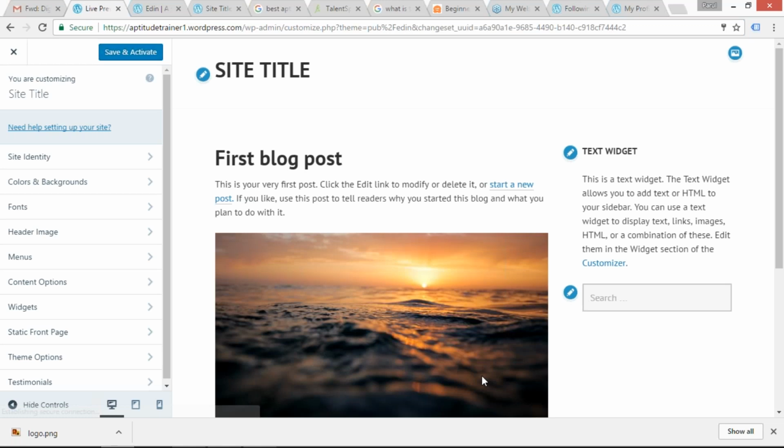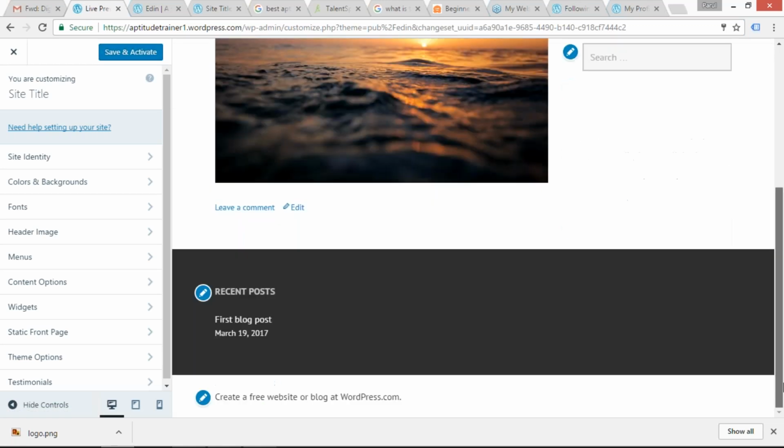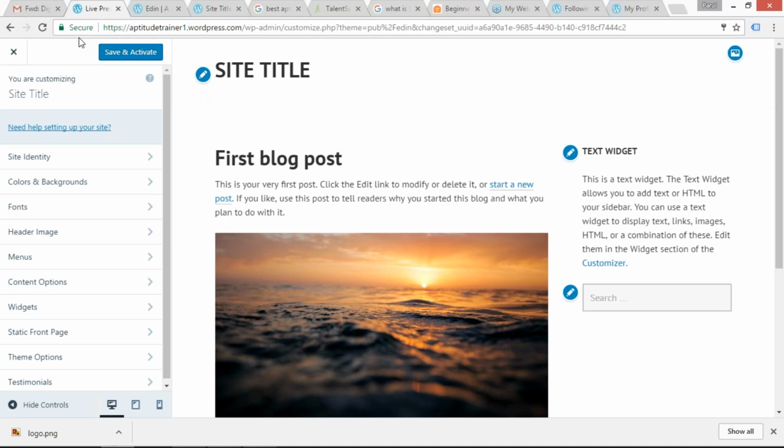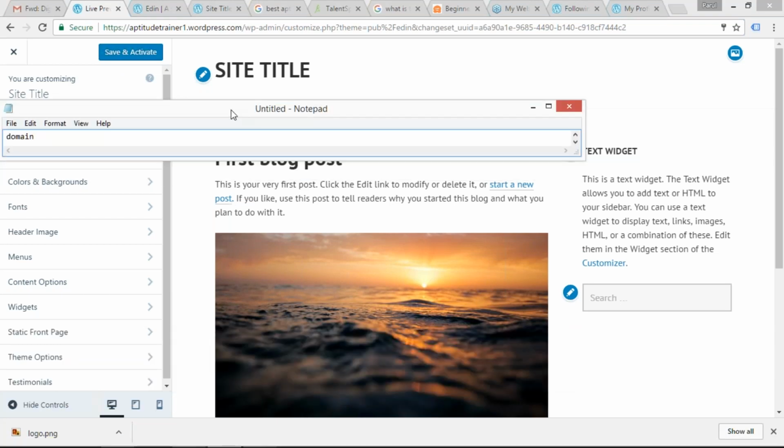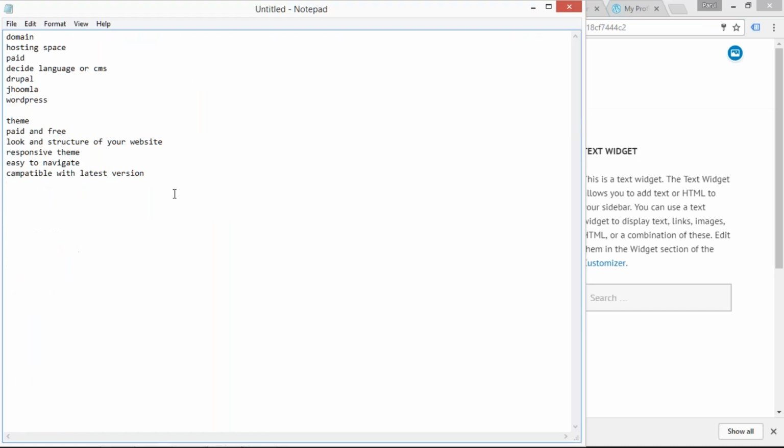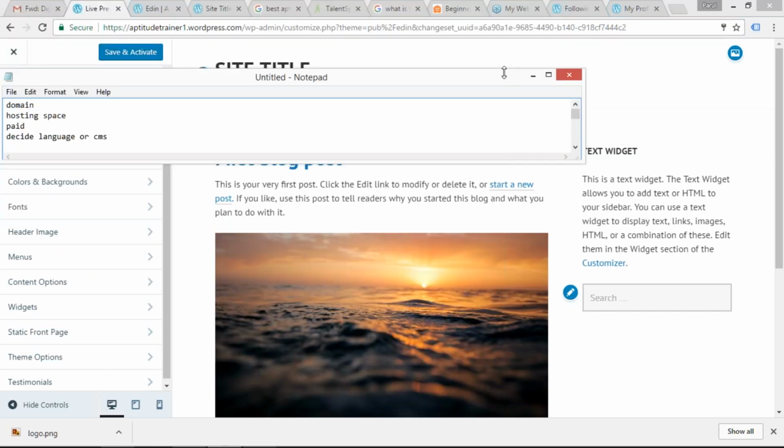Here you can see the review. And we can anytime activate a theme. So we were talking about this part. So it has to be compatible with your